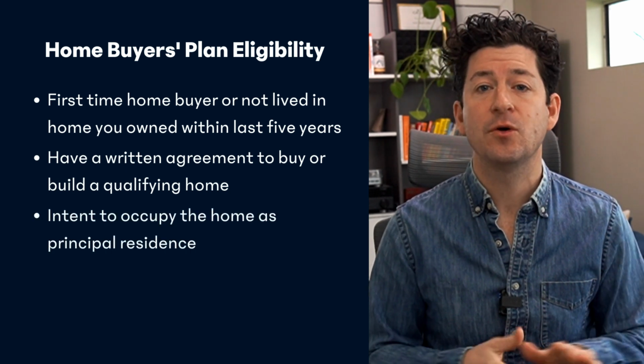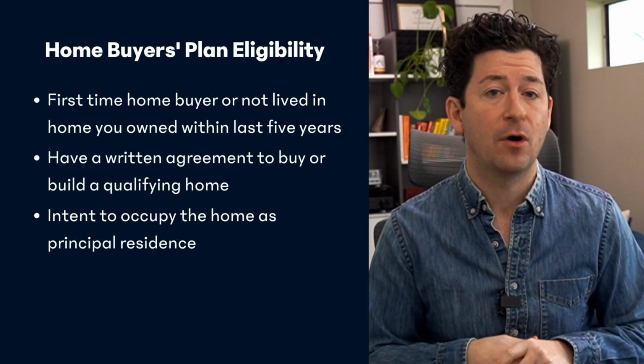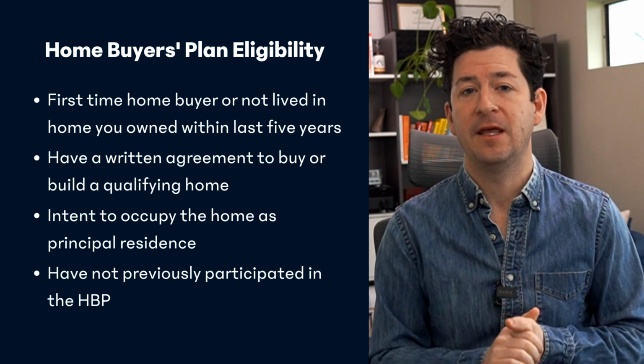You must intend to occupy the home as your principal place of residence within 1 year of buying or building it. And you must not have previously participated in the Homebuyers Plan. You can withdraw up to $35,000 from your RSP with this program. And if you're married or have a common law partner, it's also possible to split the withdrawal between the two of you. So you can each withdraw up to $35,000, allowing you to access up to $70,000 total towards the